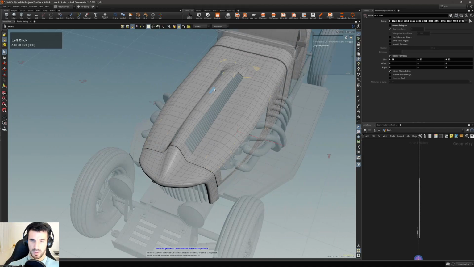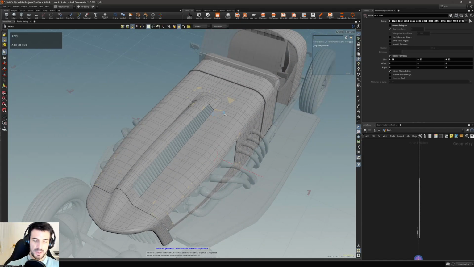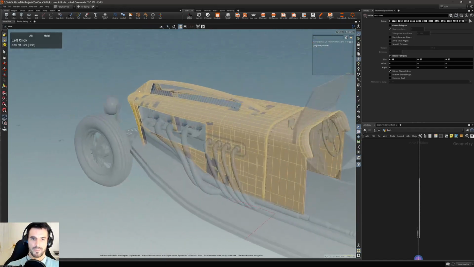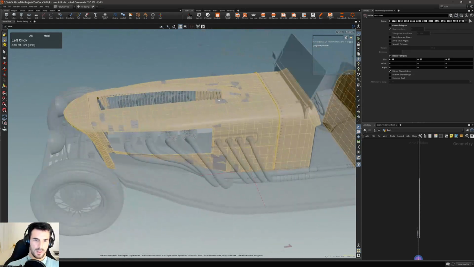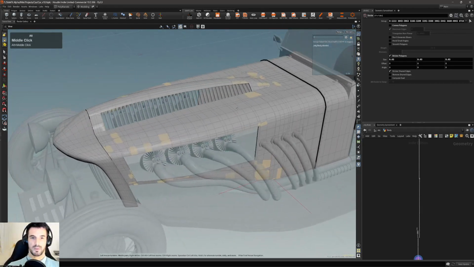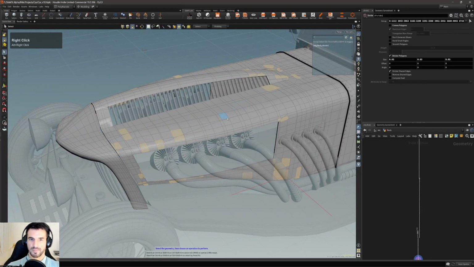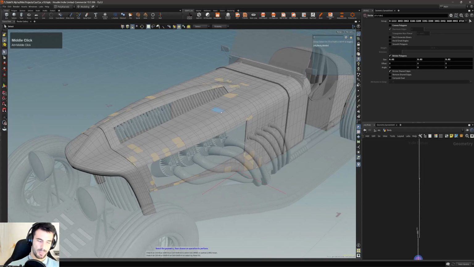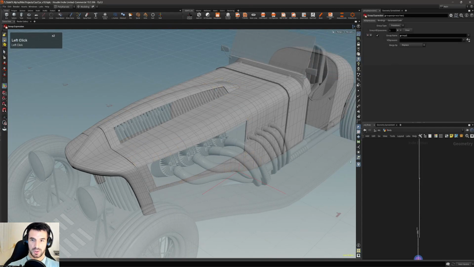That goes for points and edges too. And if I press Shift 4, I'm getting all the quads. And if I'm pressing Shift 5, I'm getting 5-sided polygons or more. So pretty dope. And all of this can also be done procedurally with group expression, which I don't use often,